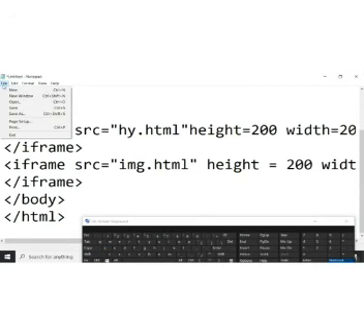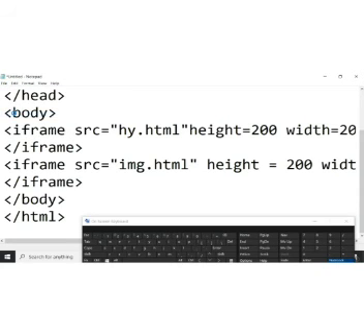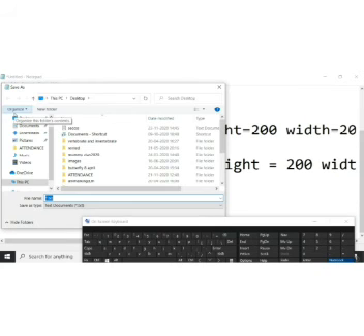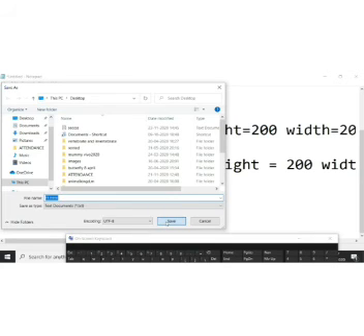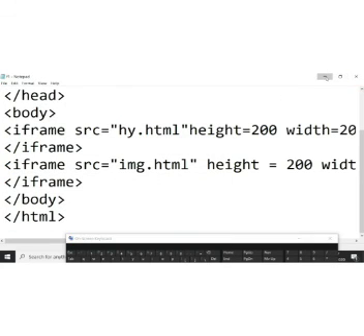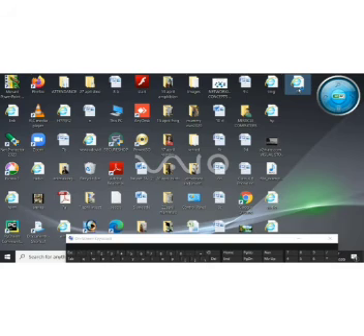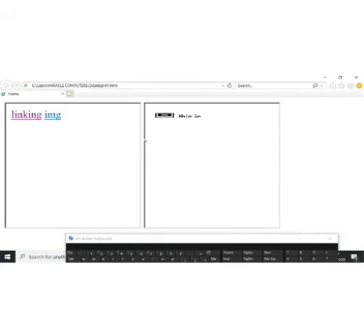Now I can save my work. I will give a name to this frame file with the extension .html. Save your work. See, two frames: one page here and one page here.